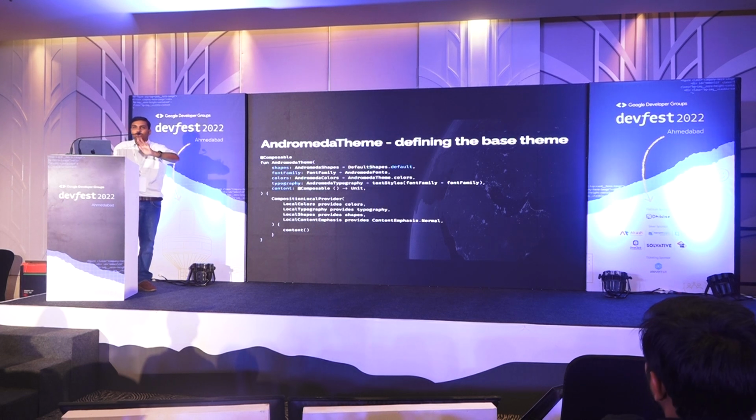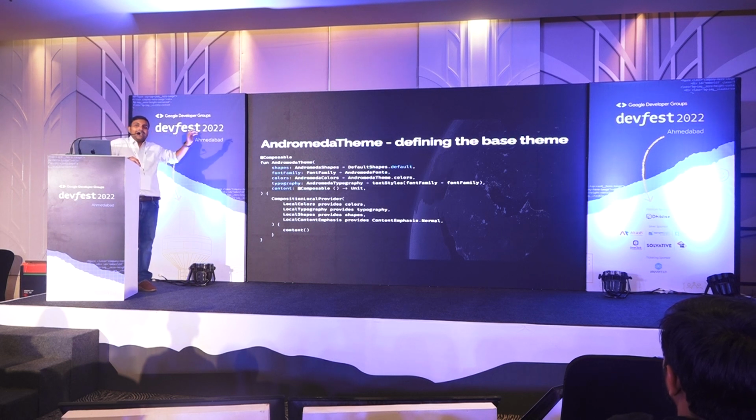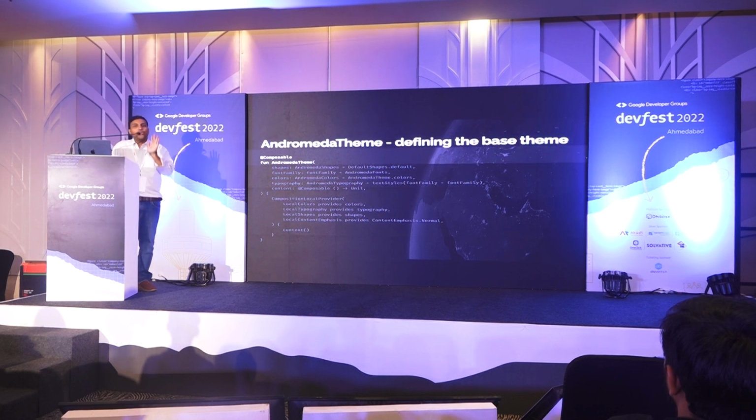All of this is open source. Don't worry, there's no need to take photos. But this is all available. When you use the Andromeda theme as a function, what I'm providing you is some default values. Kotlin syntax: I have font family, colors, content. The only thing I want to highlight here is this. This is all you need to know to use a design system. This is the power of the developers.